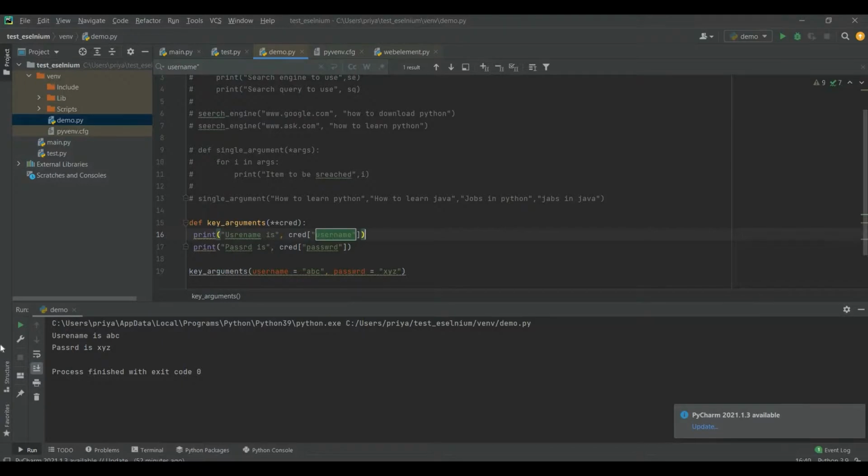So these were basically the two types of arguments. First is args, which is non-keyworded arguments, and we can't pass them in the form of dictionaries. The other one is keyworded arguments, where there will be one key and it will have some value.